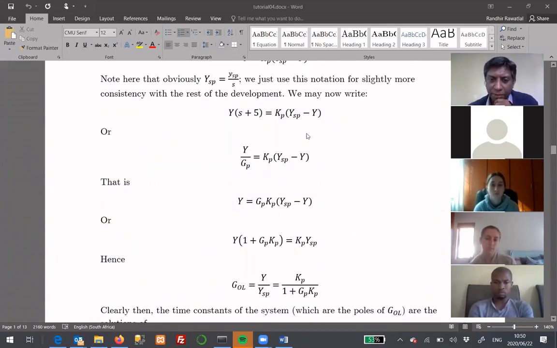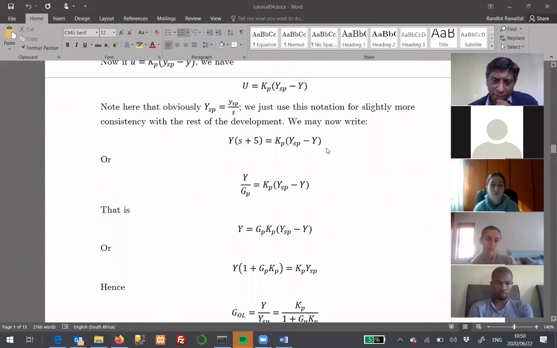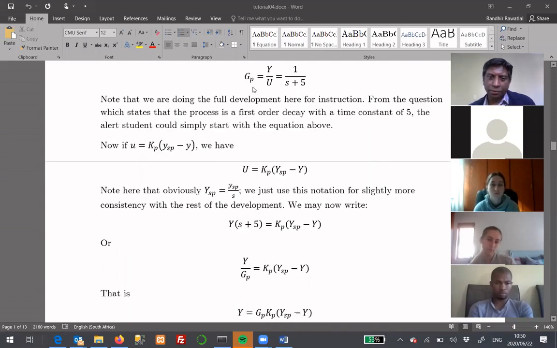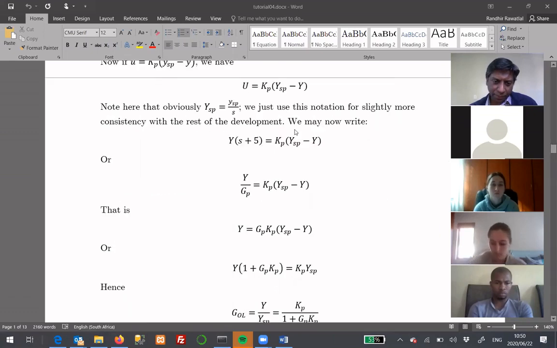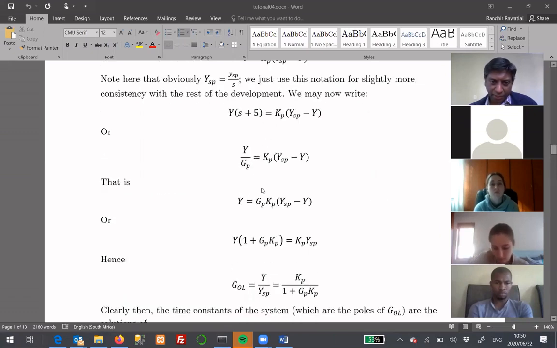Let's see, I seem to have written it slightly differently here. Instead of grouping, what I've done here is just noticed that this s plus 5 is the same as 1 over gp. So s plus 5 is 1 over gp from here. And so you can also just rewrite it like this. So this is a little bit more general. And you can multiply the gp across there and then group out the y. So we bring y across here. So it's 1 plus gp kp, and then left over on this side is,